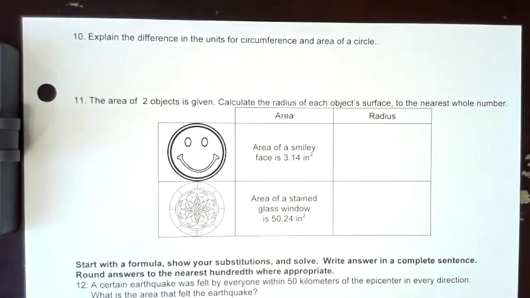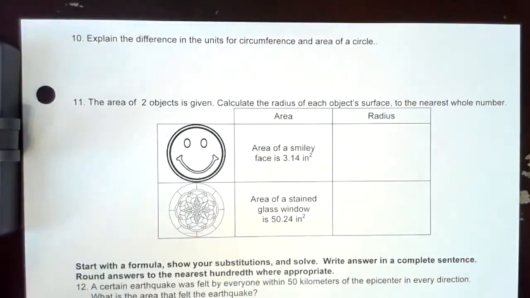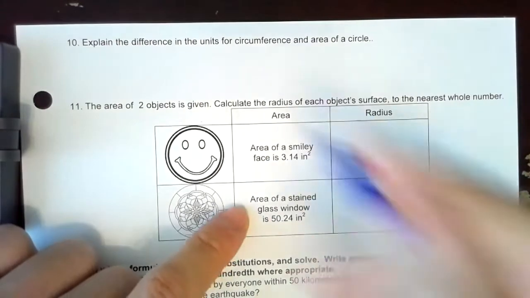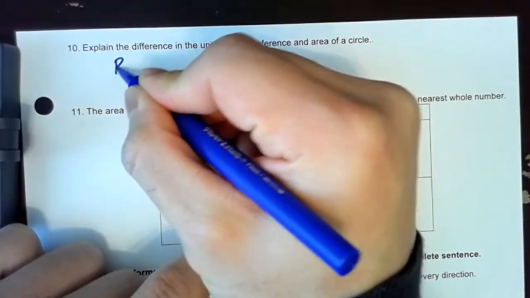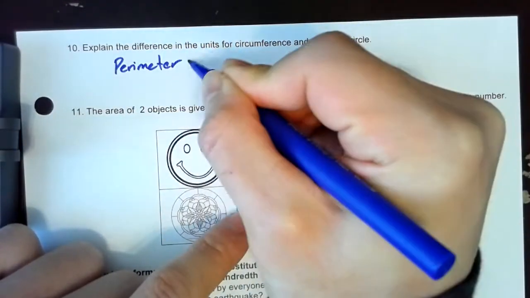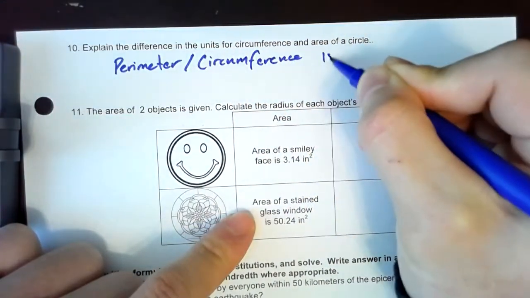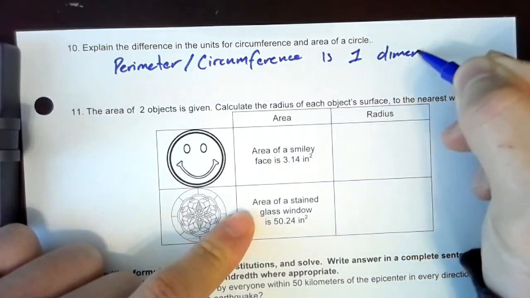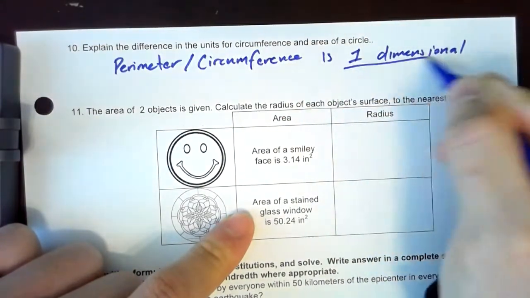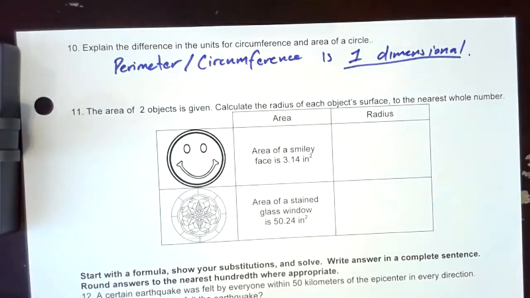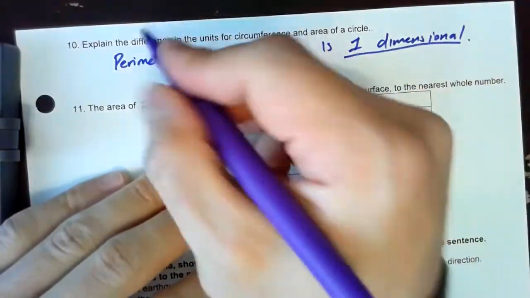circle. Okay. This is kind of like saying what's the difference between the units that you write for perimeter and area. We know that perimeter, and circumference for that matter, is one-dimensional. And if it's one-dimensional, you don't have to write anything. We just write whatever the units are. It could be feet. It could be inches. But we know that area